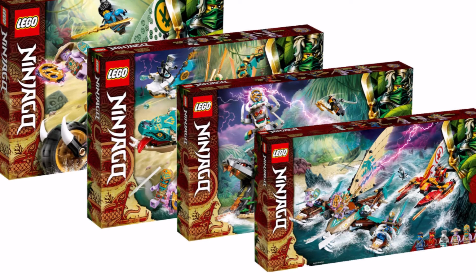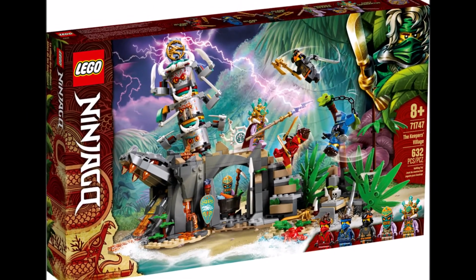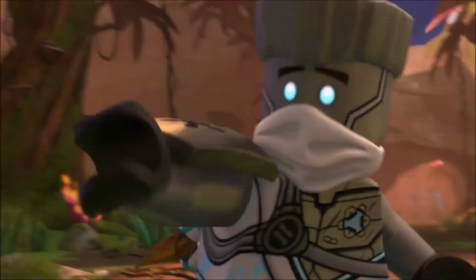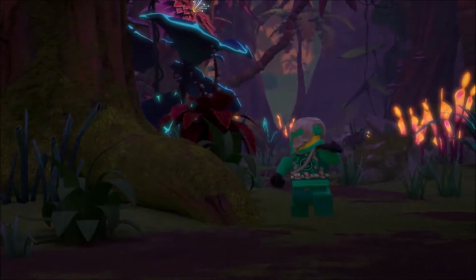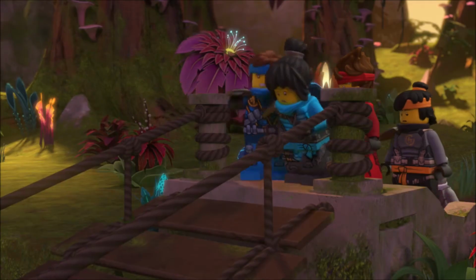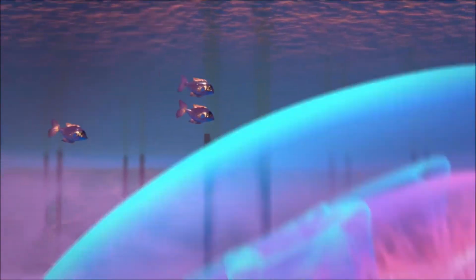March was a lot busier than February, no doubt about that. On March 1st, sets for the island were released. I haven't picked up many of these yet, but I will someday. A new character encyclopedia was released on the 4th, and the island aired in some countries. People seem pretty mixed on the island, but personally I like it. It does have flaws, but I do genuinely enjoy it. I like Ronan being the villain, and it does a good job setting up Seabound. Speaking of which,